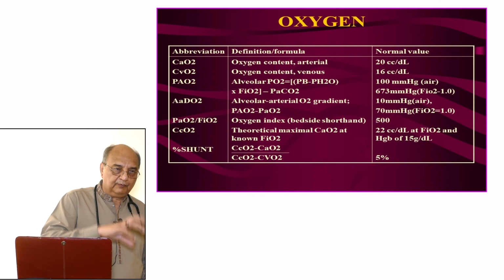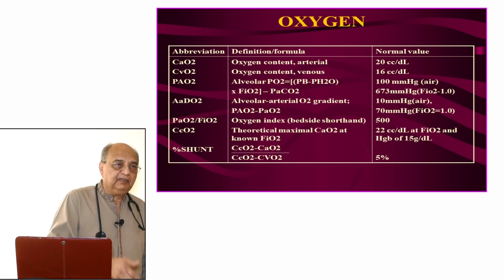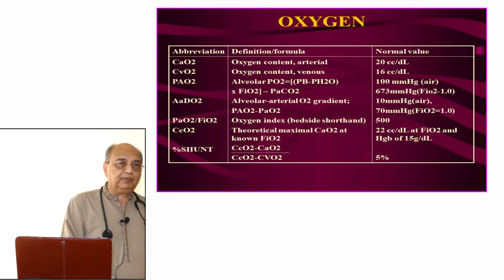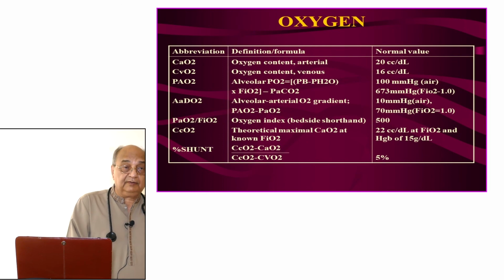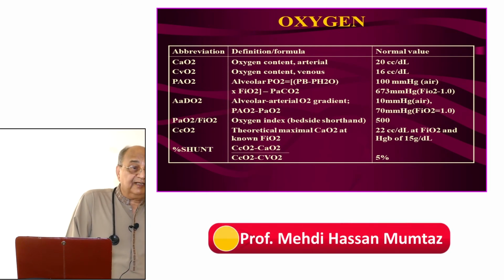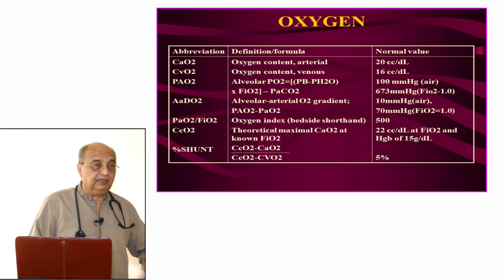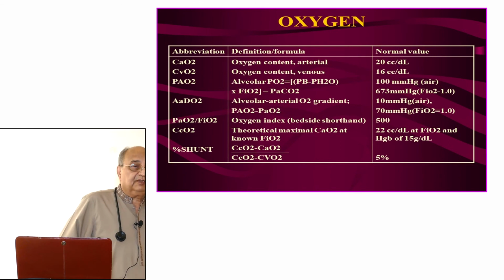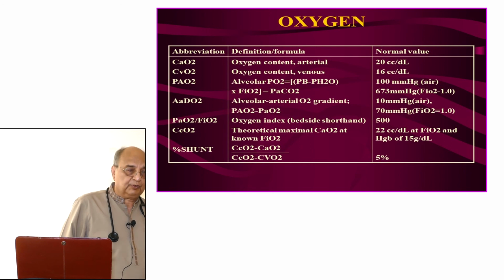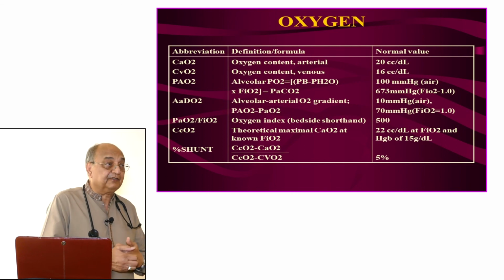That is the intra-alveolar space, might be edema there, then the epithelium of the alveoli, then the interstitial space, then the endothelium of the capillary, then the plasma, then the oxygen hemoglobin dissociation curve. You look at that: what is the position of the oxygen dissociation curve? Is it shifted to the right or to the left? Then you go further down towards the cell, then you measure the DO2, delivery of oxygen to the tissues, and then you look at the VO2, how much has been extracted. Then we see whether the extracted oxygen is being utilized or not. Then you look at the lactate. Then we say you have analyzed the oxygenation status of a patient.